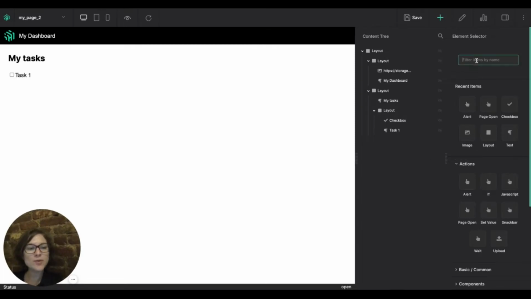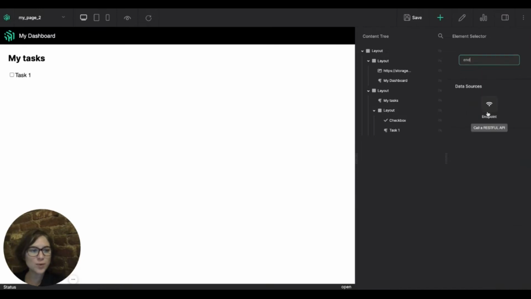So we're building this to-do app now. I want to have all of my tasks here coming from a data source, right? I don't want to go over and go checkbox, text, checkbox, text. We just want to take that from data. So I'm going to go into Harmony and look for an endpoint component, which I just drag into the tree